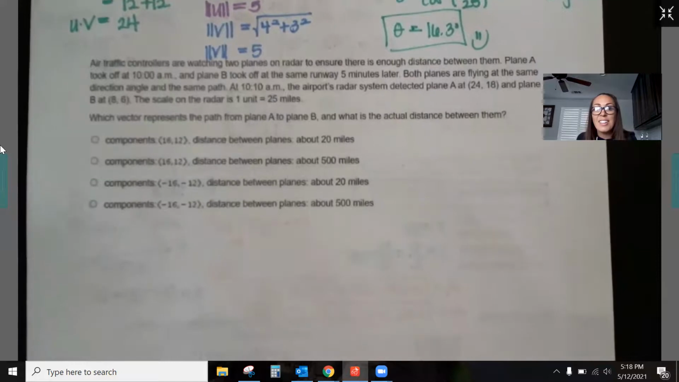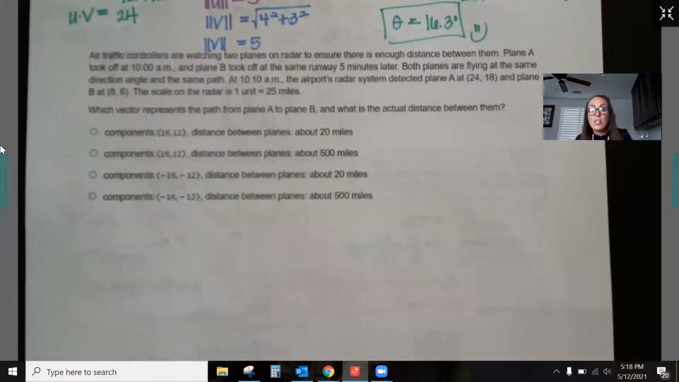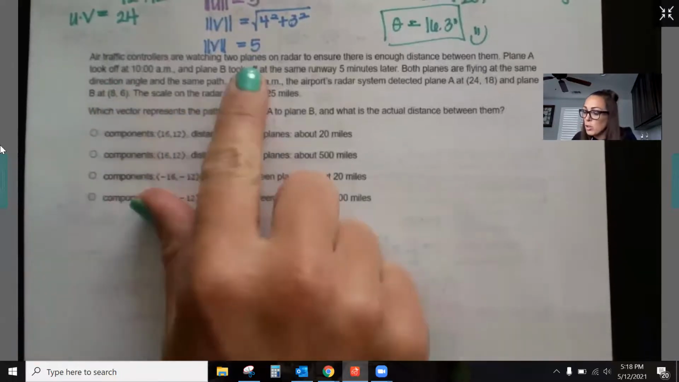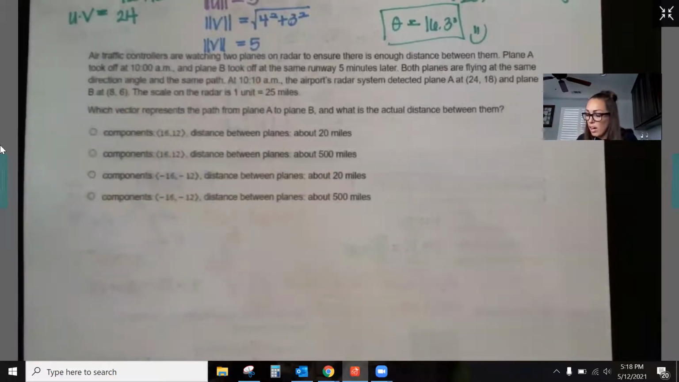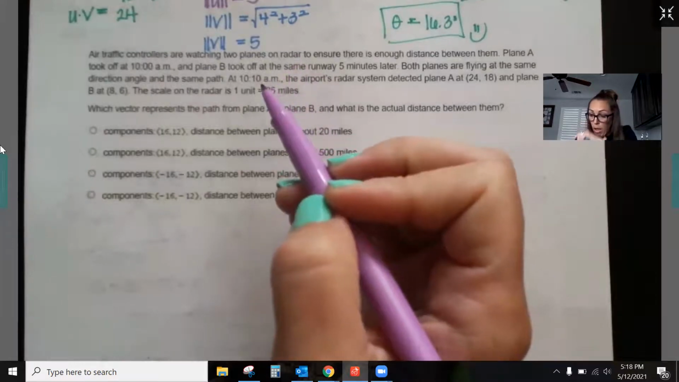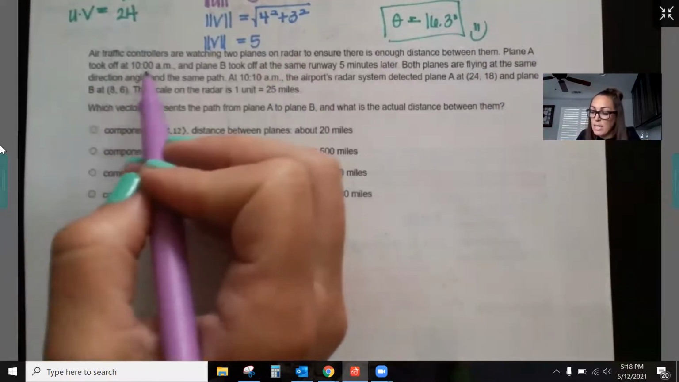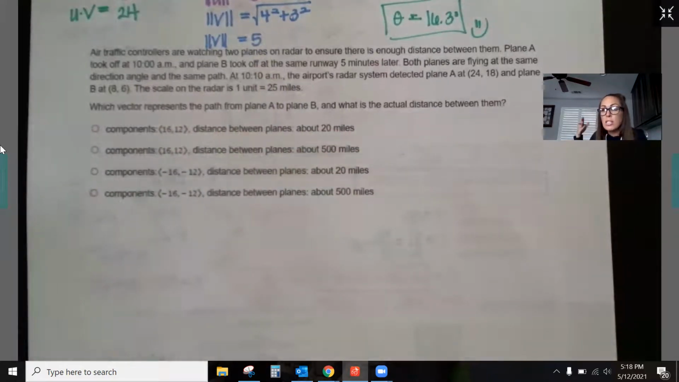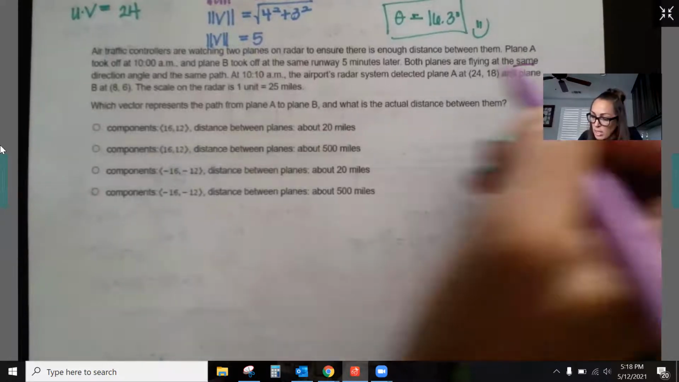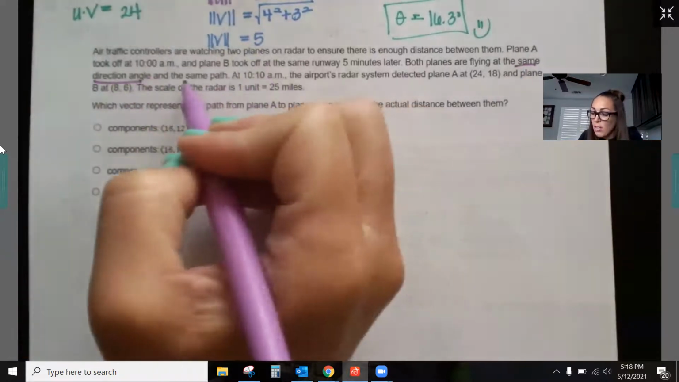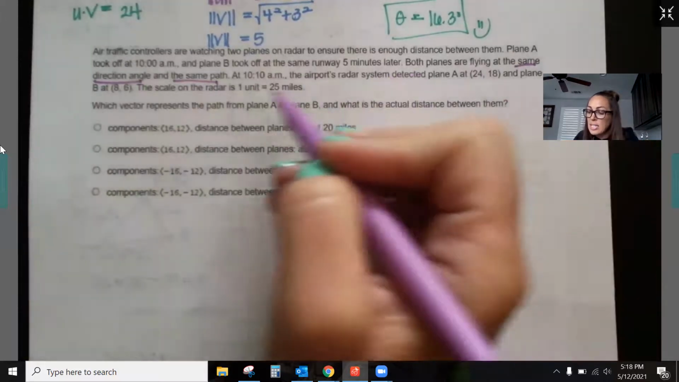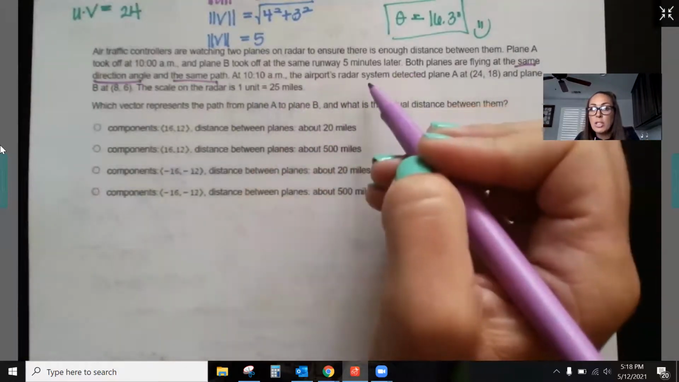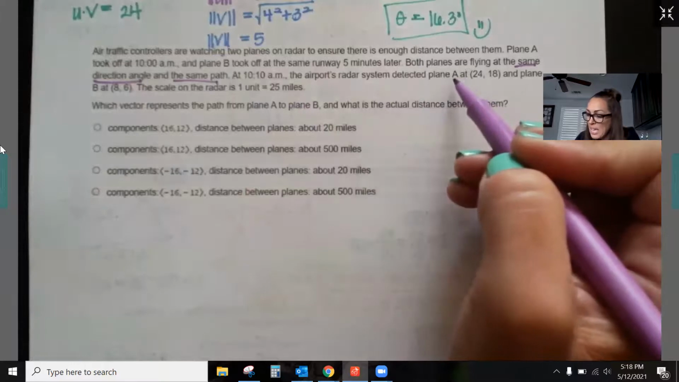All right, and our last one. This is also going to be a vector problem. So this one says we have air traffic controllers watching two planes on a radar. It says that plane A took off at 10 a.m., plane B took off on the same runway 5 minutes later. So planes go on the runway, they're heading the same direction angle and on the same path. It's saying then at 10:10, the airport's radar system detects plane A is going to be